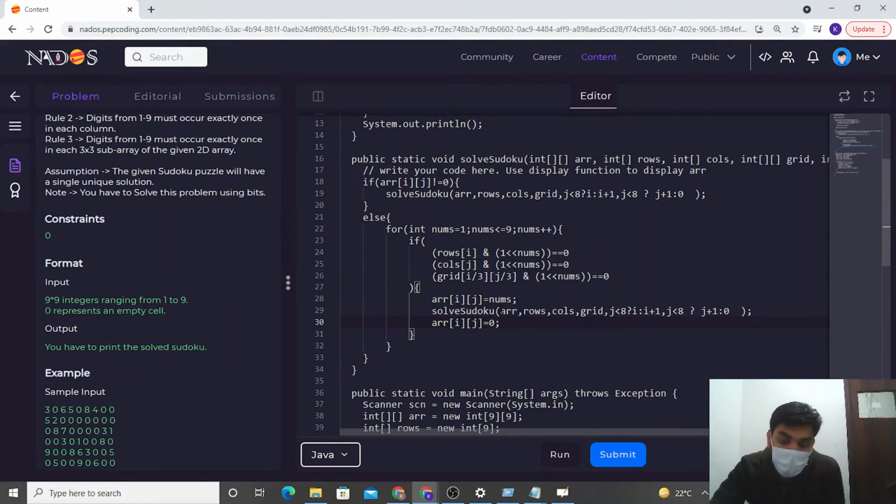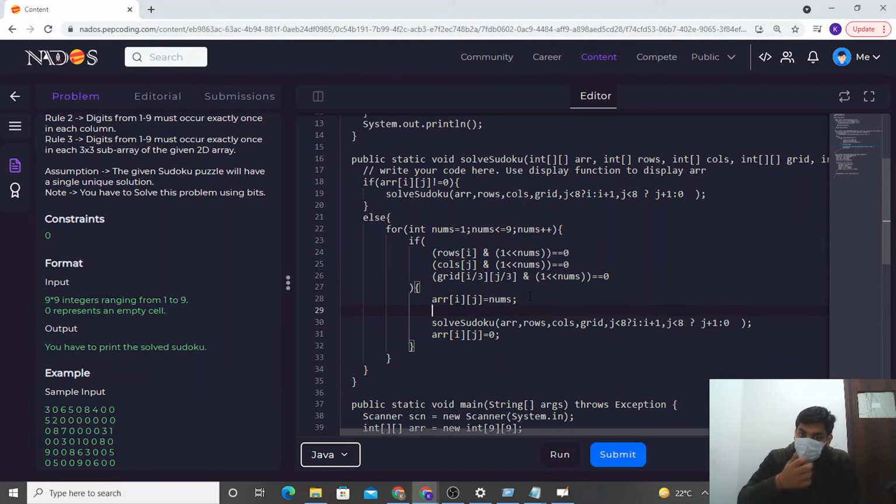Okay. Now what, guys? Now I'll have to off the bits. Okay. I have on them, but when I'm backtracking, I need to off them. First here I'll on them so that in another recursion, when I do the recursive call, those bits are on, and then I'll off them. So let's first on them.